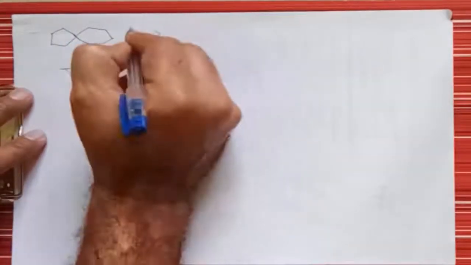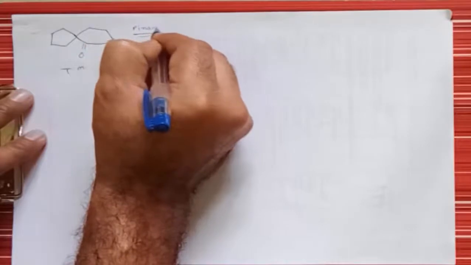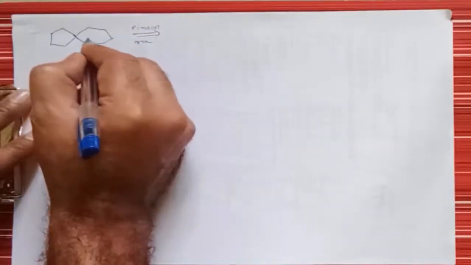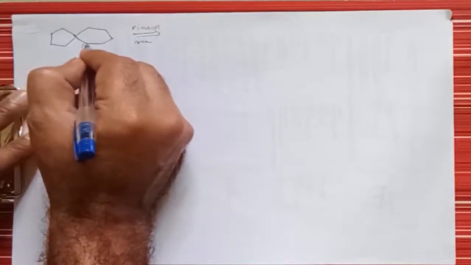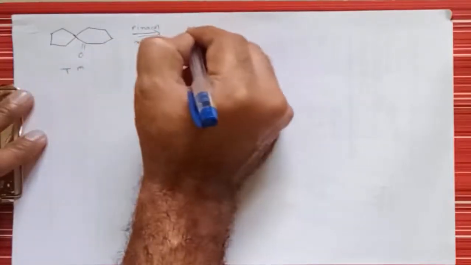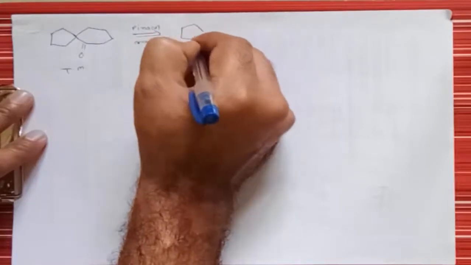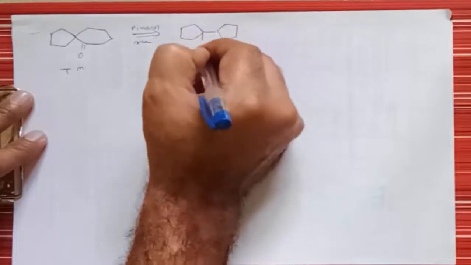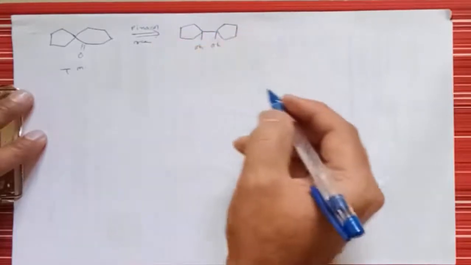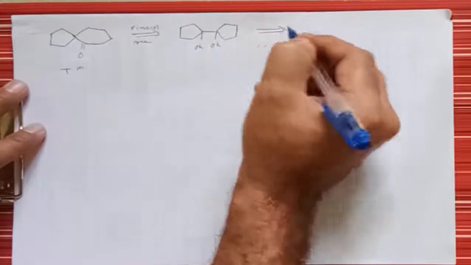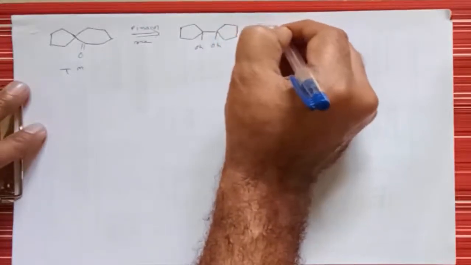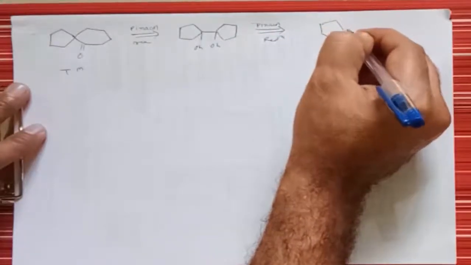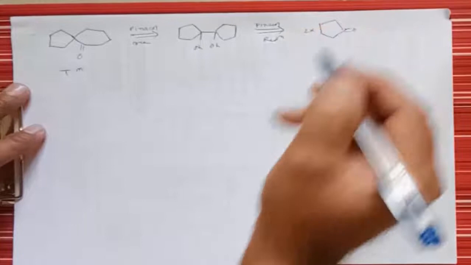So if you go for this Pinacol rearrangement, what does it give? In the Pinacol rearrangement, the group will be migrated and it gives formation of a compound like this. It contains a diol. If there is such a symmetrical diol, we can go for pinacol reduction, and in pinacol reduction it gives formation of two molecules of this cyclopentanone, right?